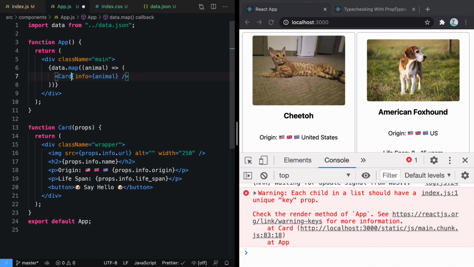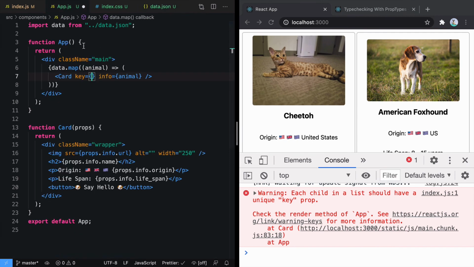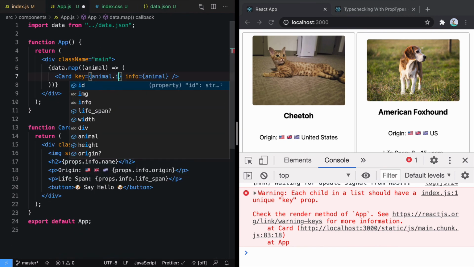So in our case here, to fix this problem, you will have to pass a key prop. And key needs to be unique. You must be thinking what is unique in all the data. The ID of all these cats and dogs is unique. So what we can do is we can just pass animal.id.